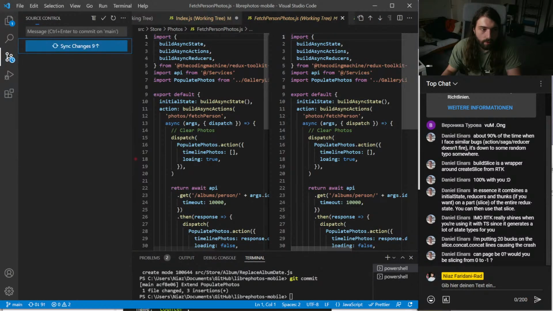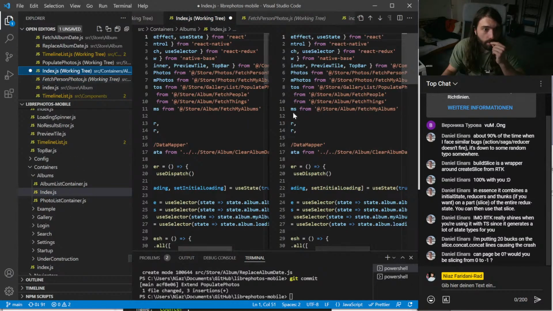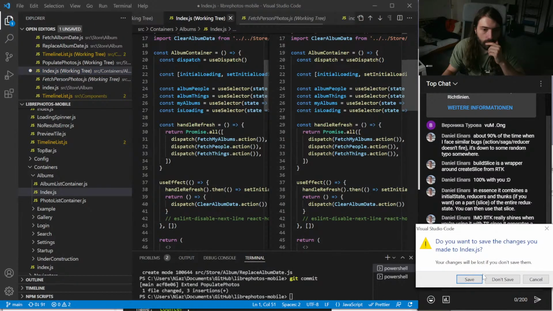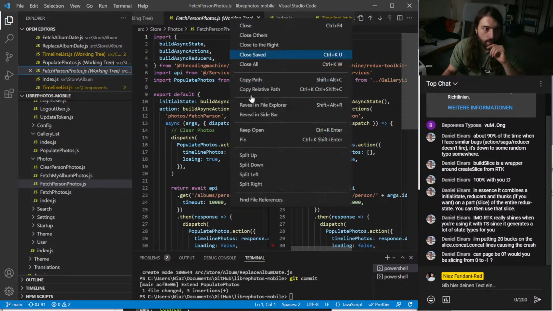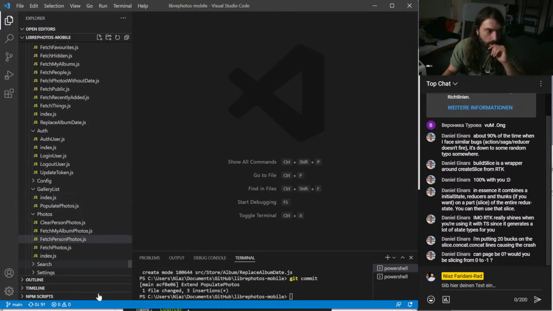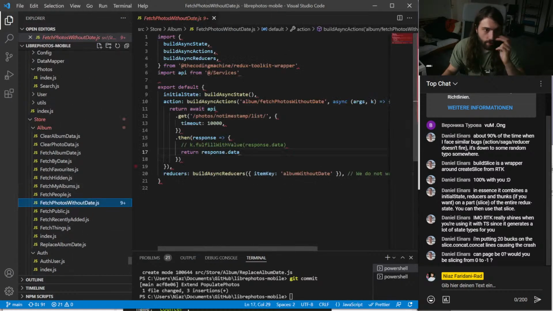Right, very cool. So, don't save. Now we have another view that we have to fix. Close all. And fetch photos without date. That's the current issue.